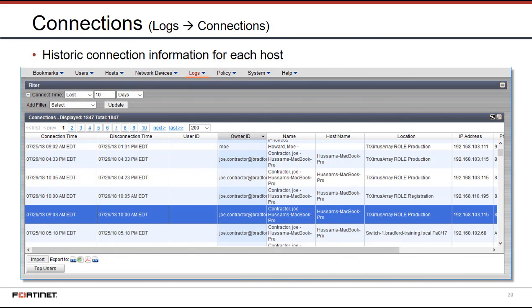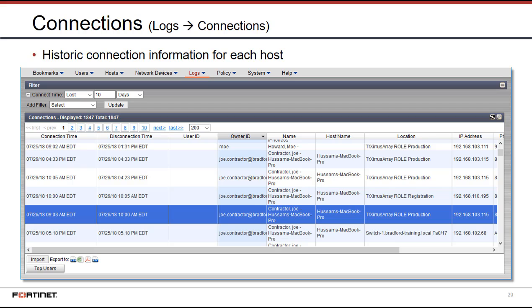The connection log is the logging of hosts as they connect and disconnect from the network. So when a host connects to the network, an initial connection time is logged, and information about the host and the owner of the host and the location and the IP and the physical address and all that is logged. And then when the host disconnects, meaning the host record in the Fortinet goes from an online to an offline state, a disconnect time is added, and that is the completion of the connection record, so that we can go and use this filter tool and answer questions like, okay, who had that address,